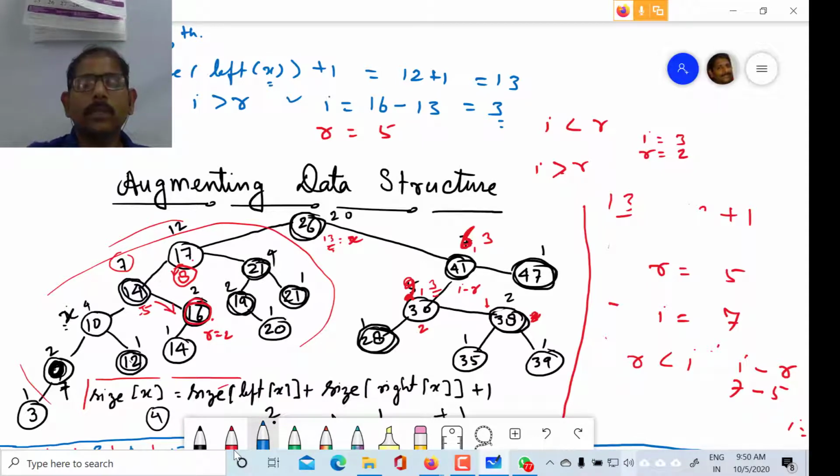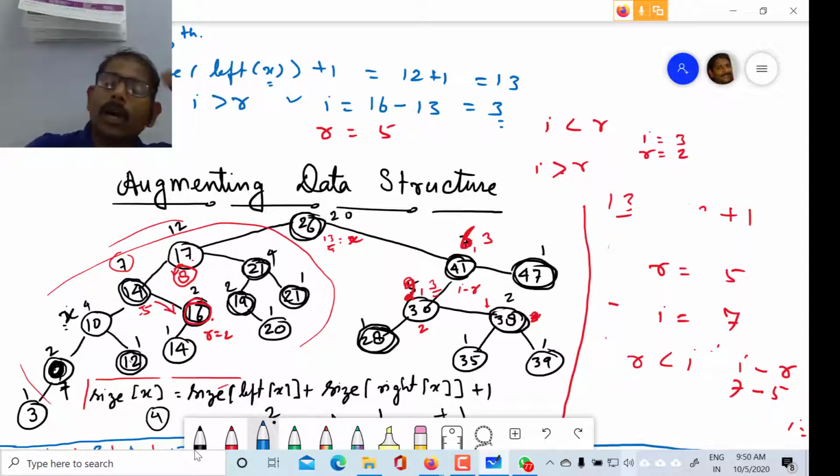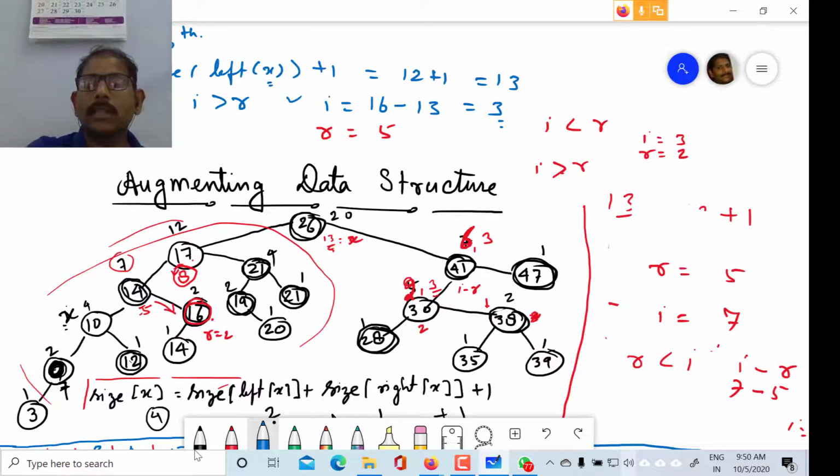This one written in black is the rank. So 2 here. The value of i is less than the rank. Therefore, we will come on the left hand side, and here the rank and i both values are equal. Therefore, we have to return the value of this node here.